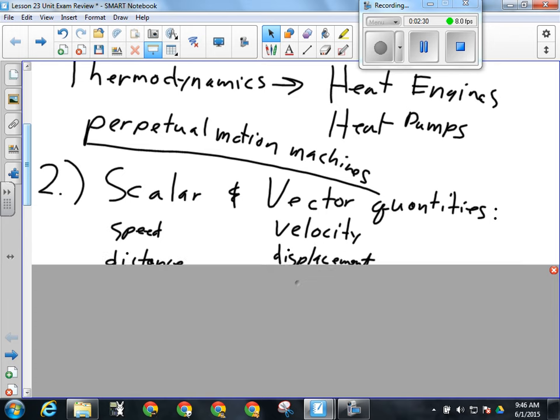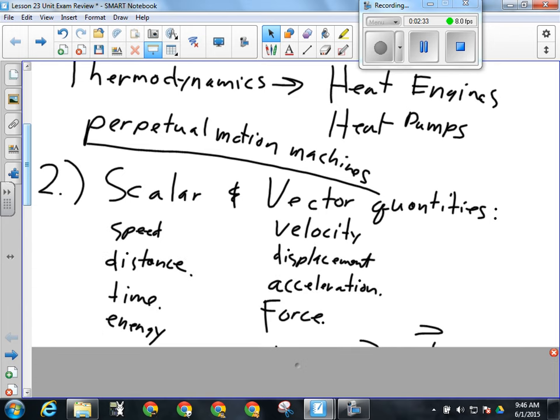Then we moved on to scalar and vector quantities. It's not so much that you need to memorize these because I'm going to ask which of the following is a scalar quantity, although I could do that in the multiple choice. More importantly, you need to know that so that in the problem solving, if I ask you to calculate the velocity of an object, you calculate it the right way. Because if you go distance over time, and I've asked you to calculate velocity, you're probably not going to get the right answer, and you're certainly going to forget to put a vector on it. So we definitely need to know which things are scalar and which things are vector for the problem solving part.